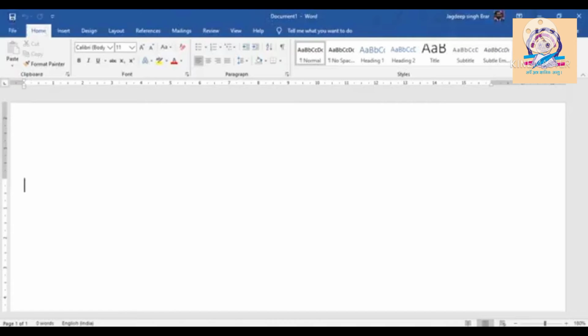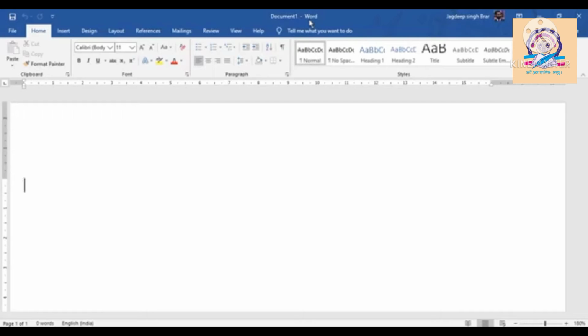Title bar. The title bar is placed at the top of the Word window and displays the document name followed by the program name. So our document name is Document 1 and the software is Word.